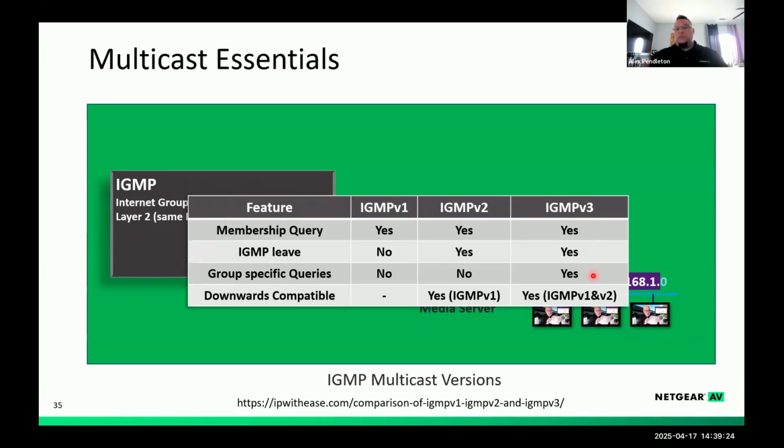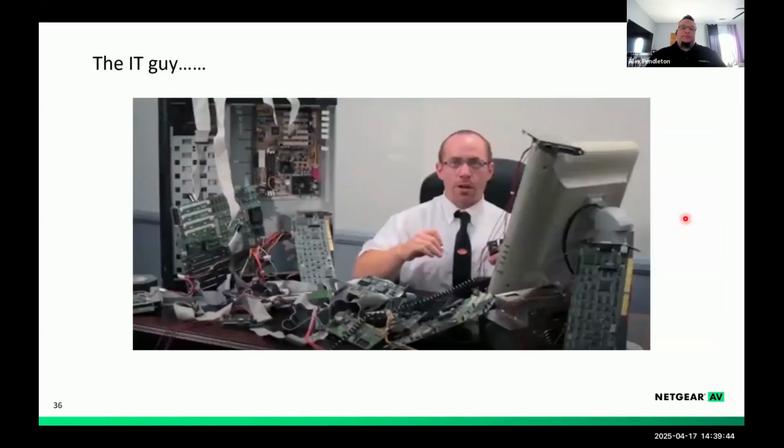The switch now needs to build a table with a v3 IGMP packet and say, this is the stream for this source, or this is the source of this stream, and build it into a table that can be parsed when we receive the joins from IGMP v3. NETGEAR is fully compatible with all three of these configurations.